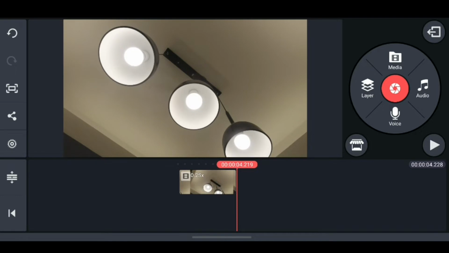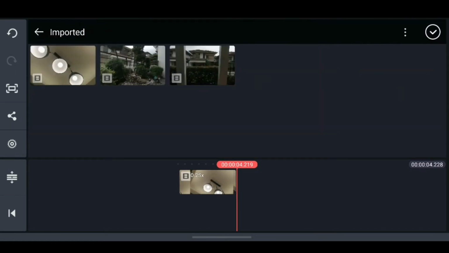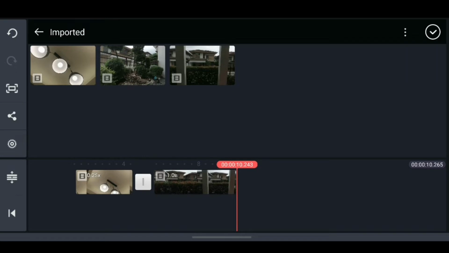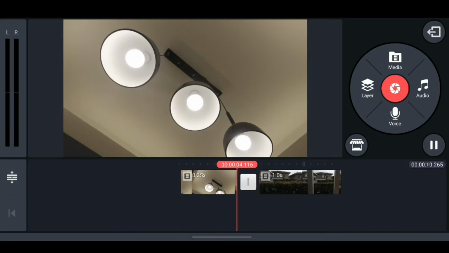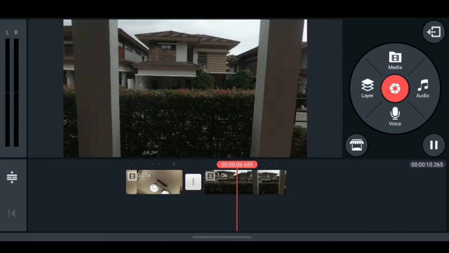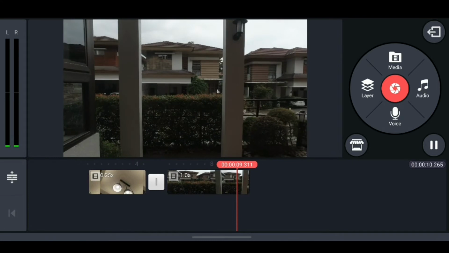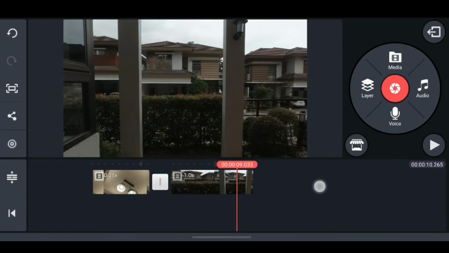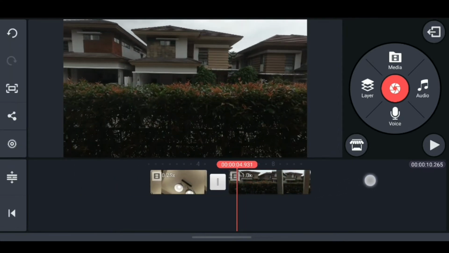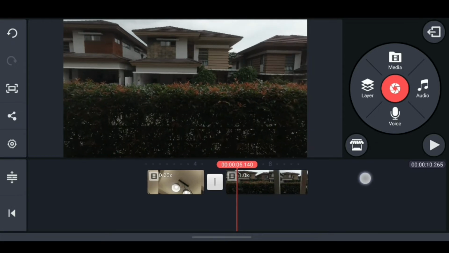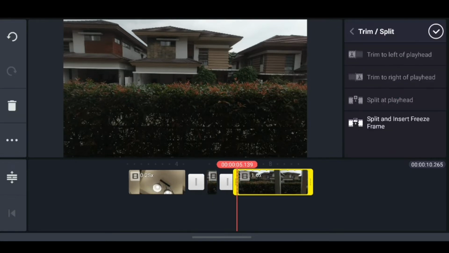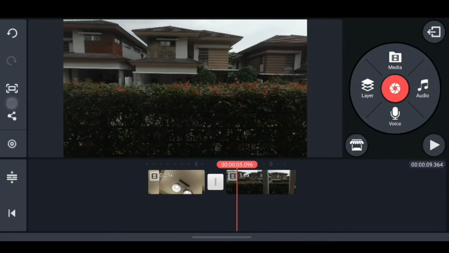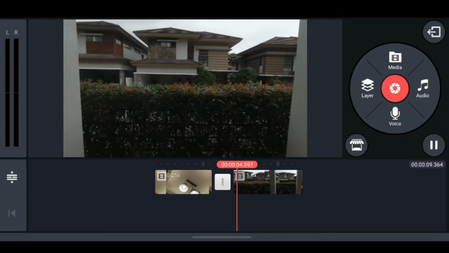Okay, so what we're gonna do is gonna import again. Let's maybe choose this one. Okay, so this is the next clip guys. Yeah, right there. So it doesn't really look that cinematic, so what we're gonna do is we're gonna find a starting position. Maybe this one before the, what do you call that, the walls. I'm gonna click that, trim, split at playhead, and we are going to delete this one right here. So we'll be starting off with this one right here, and